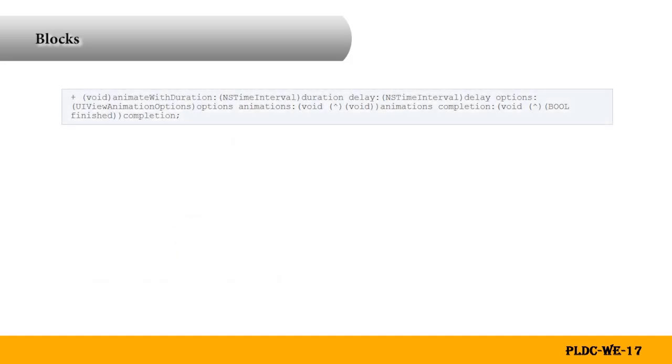Objective-C frameworks have many methods with block parameters. For example, the UIKit framework declares the following class method, which has two parameters that take blocks. This method enables